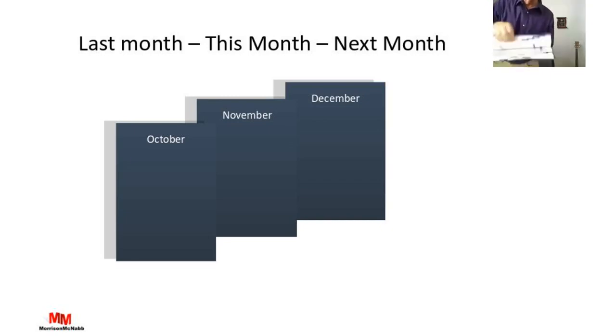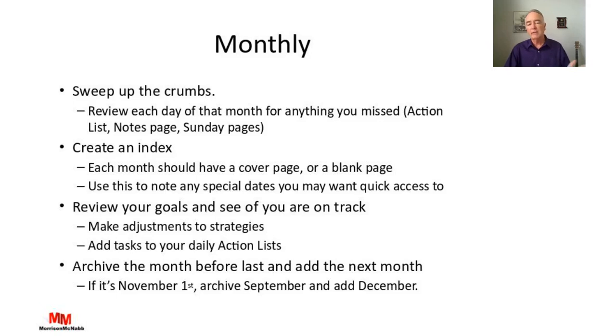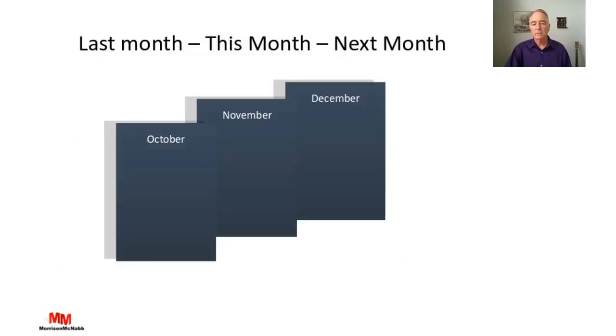Here's all the future planning pages that I've got, the archived ones here, and then the upcoming ones right there. All right, there you go. So you're carrying three around with you. So part of the monthly planning, going back a slide, archive the month before last and add the upcoming month. So you always have that available to you. All right, so that is it in a nutshell.